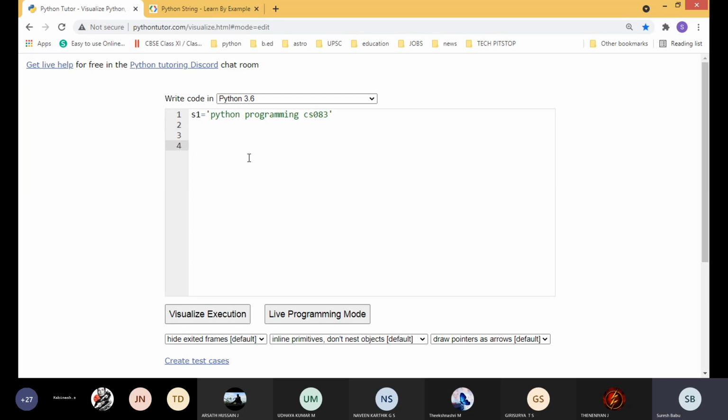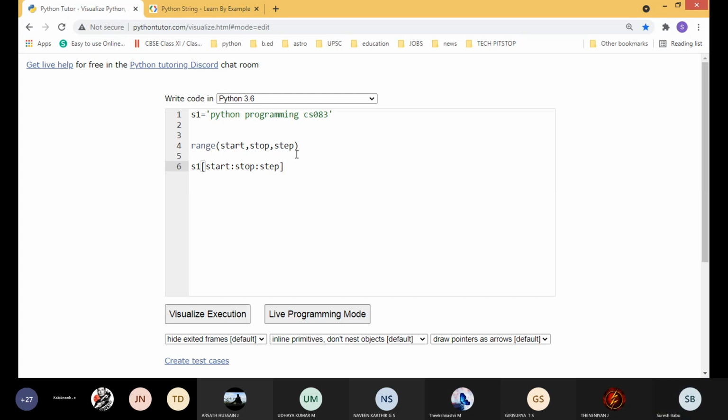Before this I want to remind you of the range function. What do we give inside the range function, students? Start value, stop value, step value. Start, stop, step, everything is given inside the range function, separated by commas. The same here, but we are going to use square brackets: the s1 variable, square bracket, and inside you specify start colon stop colon step.